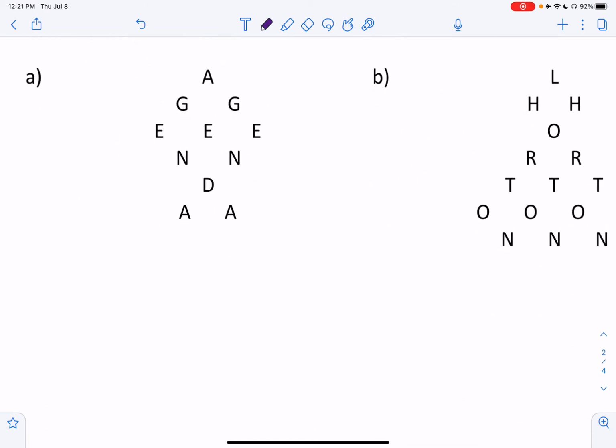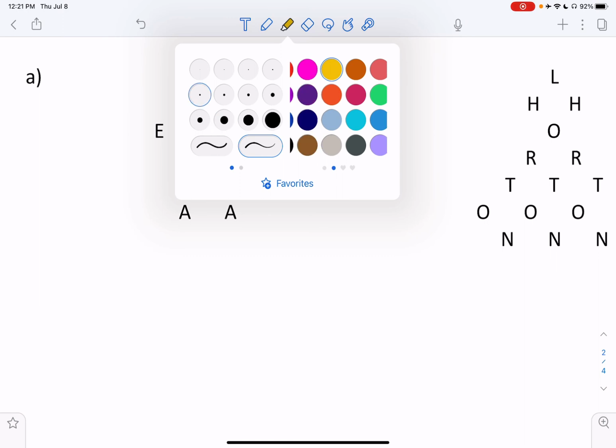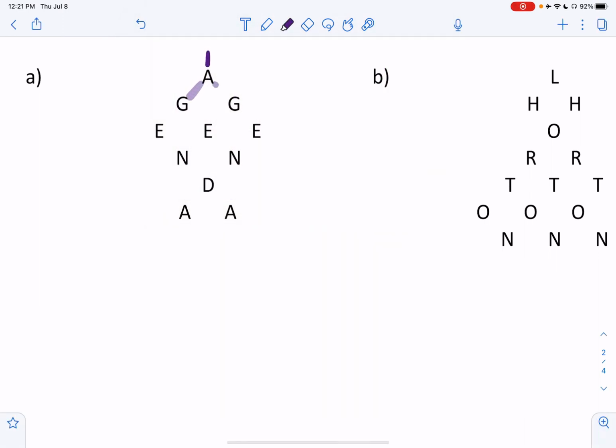So let's start with agenda. So we can go down left or right. One way to get to the A, because it's our starting point. From here, I could go downward, left, or right. So one way to get here, one way to get here. From there, I could go diagonally to the E, diagonally to the middle E, or over here. So one way to get here, 1 plus 1 is 2 to get to the middle one, 1 on the end. Again, to get to the ends,